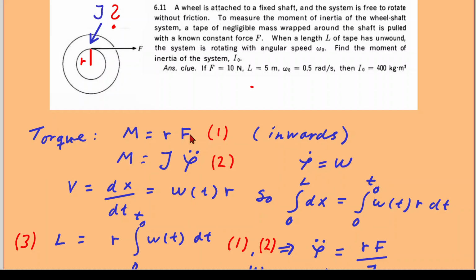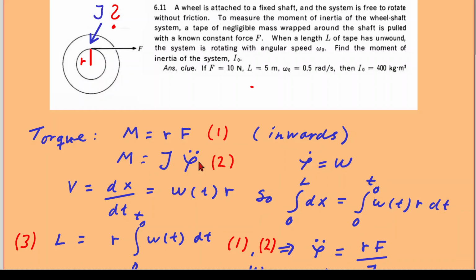So we don't need to treat this as some kind of vector problem. And from the right-hand screw rule, we of course know that this torque, RF, is into the paper. And another relation we know is torque should be the moment of inertia times the angular acceleration,